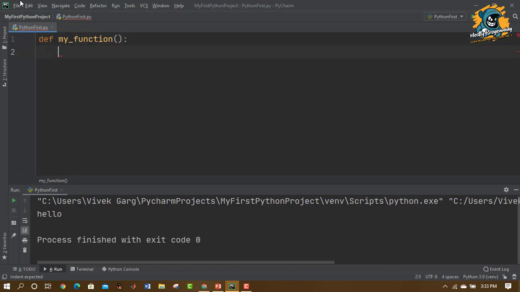Then inside the function we can write anything, print. What do we need to print? We can print anything. Suppose I'm printing here, hello, what is your name?